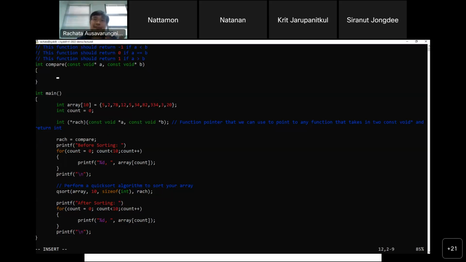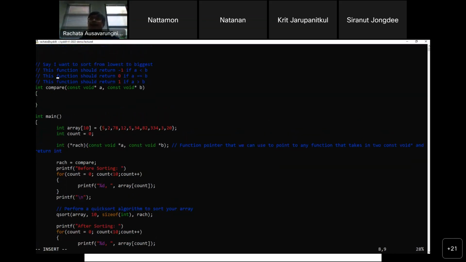As long as I have this, it means that when I am on this line, this Qsort array 10 size of this line, right? You see my cursor. When I'm on this line, I will call the compare function. Qsort will have the pointer that points to this compare function. Internally Qsort will keep calling this with its own input, depending on how it uses the compare function, right? So it's fine as long as I now implement compare correctly.